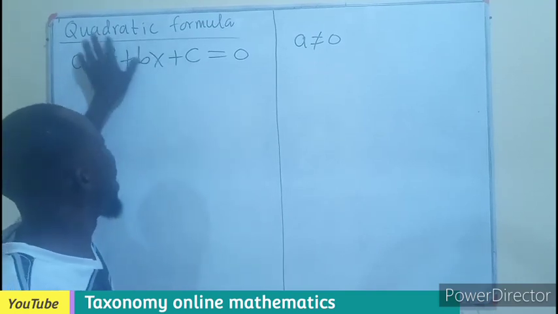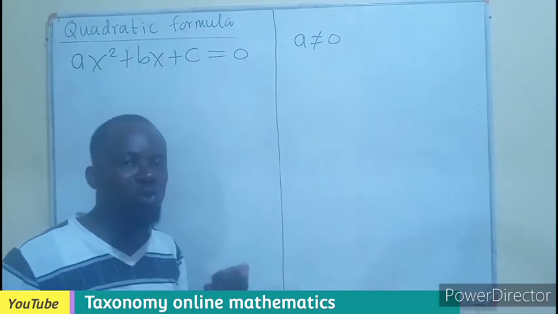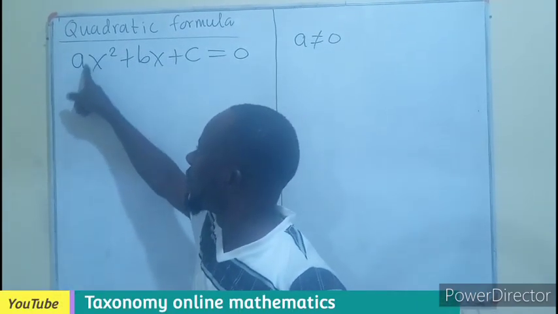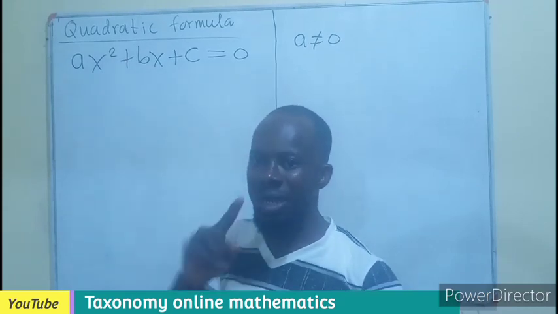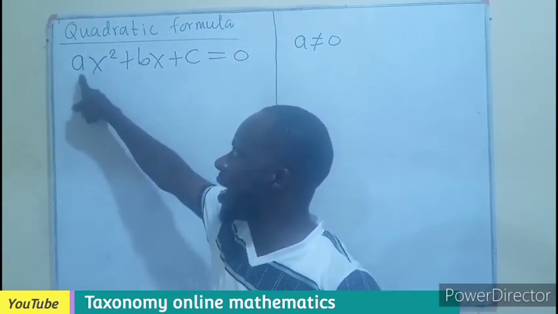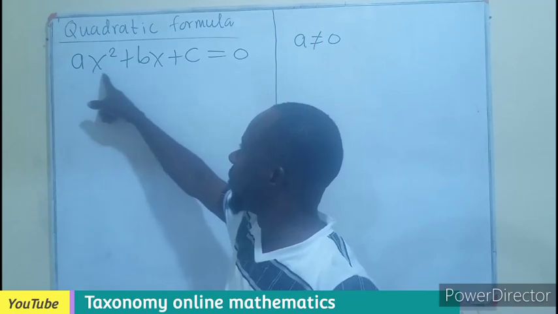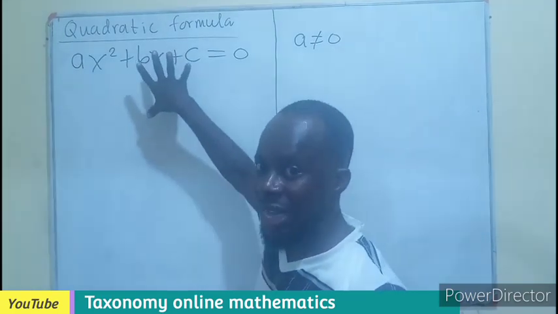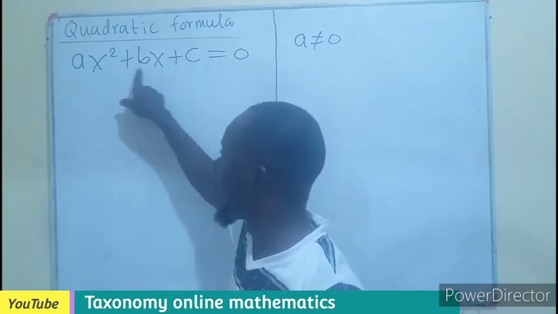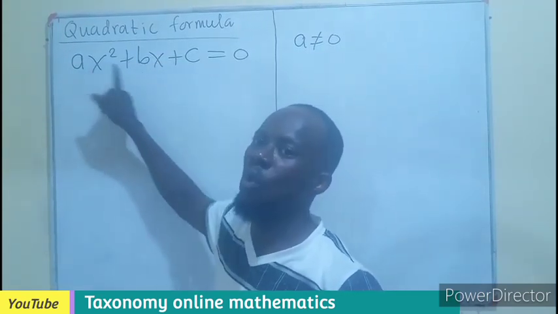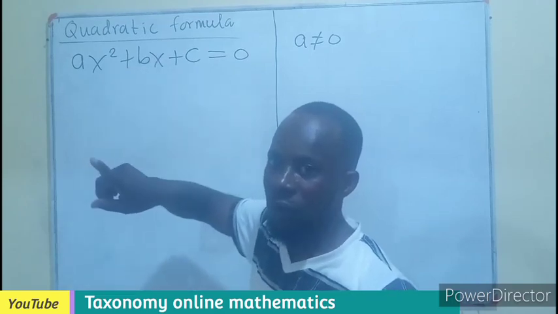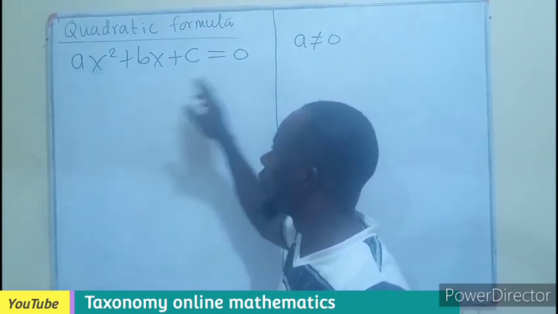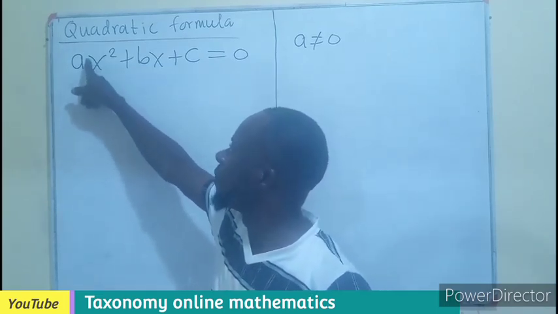Now, in deriving this through completing the square, the first step is to make the coefficient of x squared a unit, meaning 1. So the a here, if it is 1, if we divide everything, it is still going to be the same figure we have there. Imagine if this is 4, this is 1. 4 divided by 1 will still be 4. So regardless of the number a, we divide through by a in order to make the first coefficient here